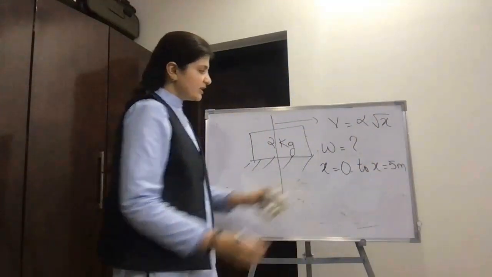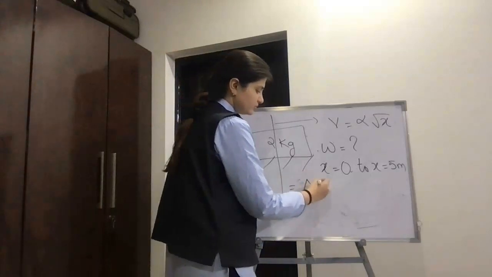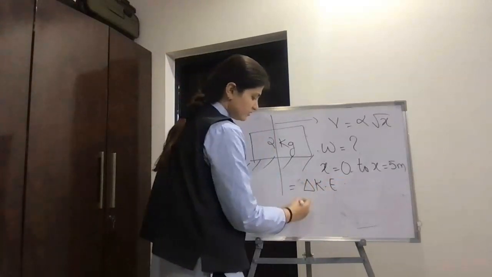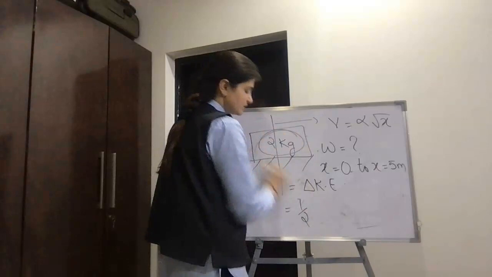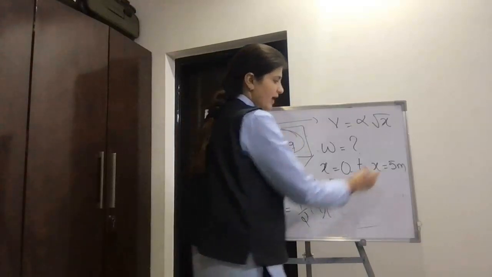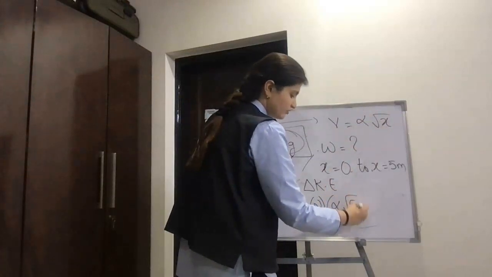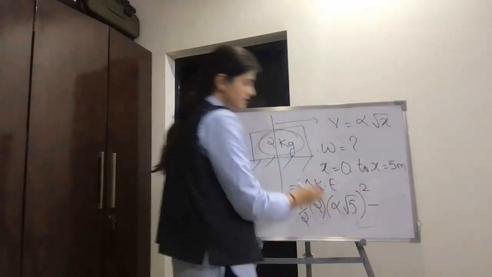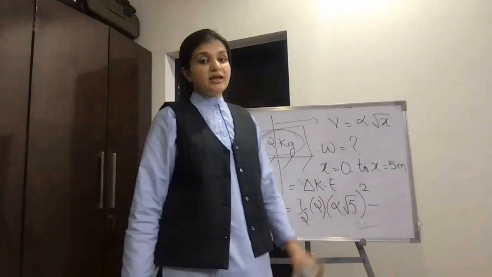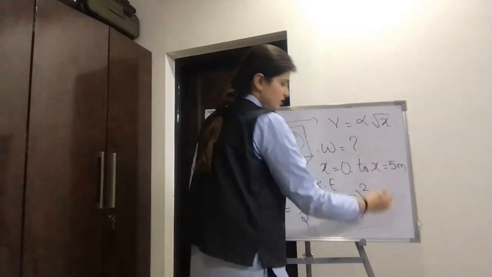Work done is equal to the change in kinetic energy. This can be written as half into mass, which is 2 kg, into final velocity alpha root 5 whole square, minus its initial kinetic energy. Its initial kinetic energy is equal to half